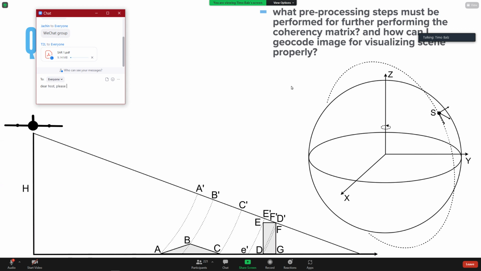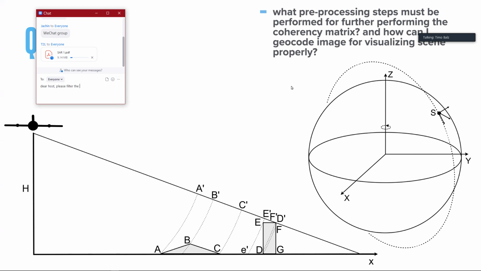Actually, today we will come to how we can geocode very, very precisely, but I never really talked about the process in itself. So first of all, when we talk about geocoding with satellite data, we typically